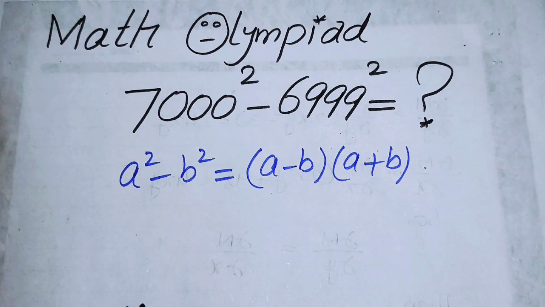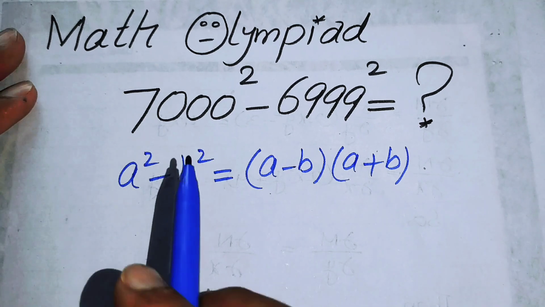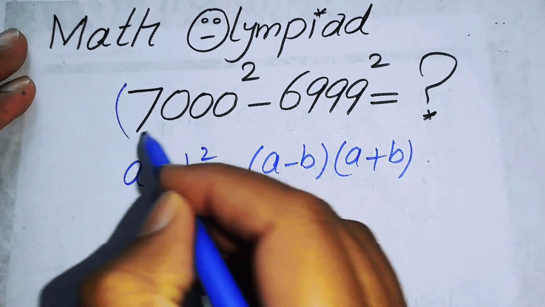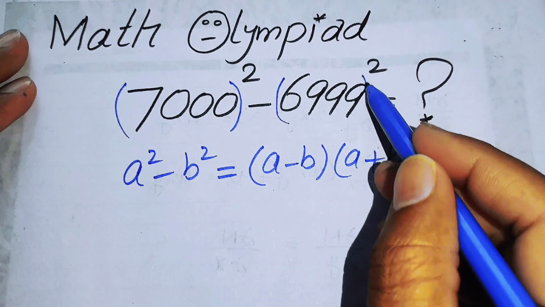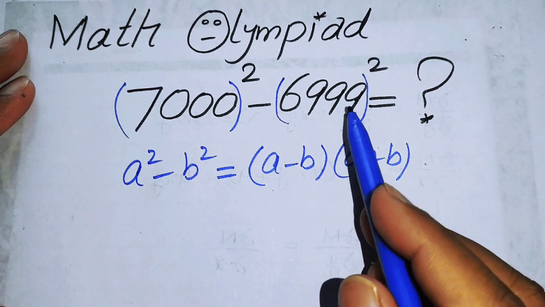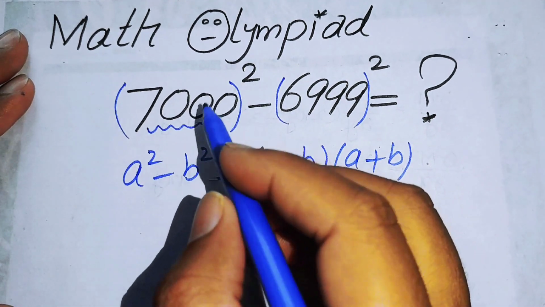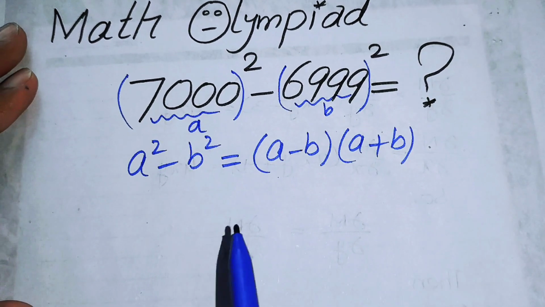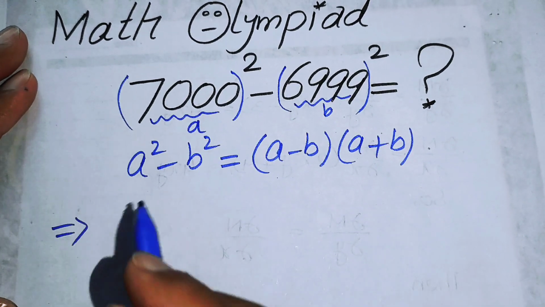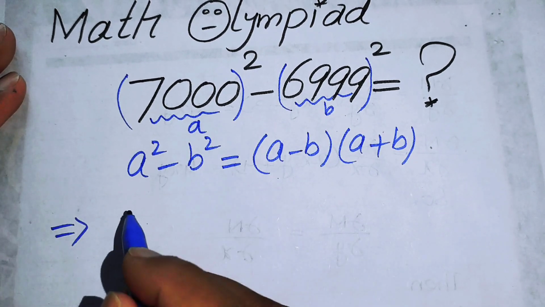Now I can use this formula to solve this expression. Here you see that this is 7000 square minus 6999 square. So now we can assume this is the value of a and this is the value of b, so that according to this formula we will obtain this expression in this form: